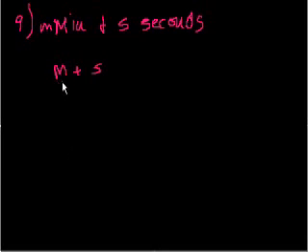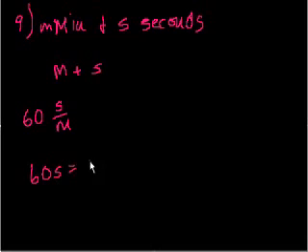Well, what does m equal in terms of seconds, or how many seconds are there per minute? Well, we know that there are 60 seconds per minute, or we could say that 60 seconds is equal to 1 minute, right? So if there's 60 seconds in 1 minute,